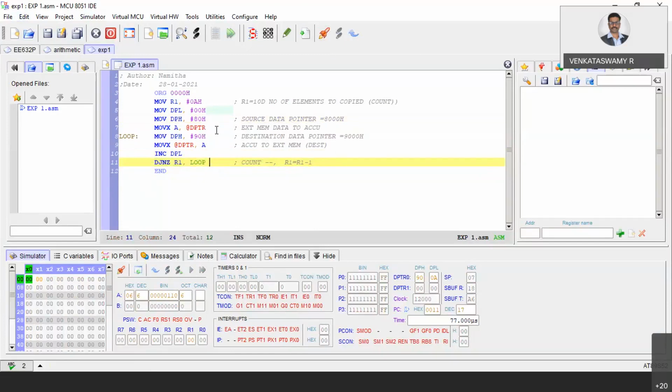Okay. That loop. Not that one. Line number 8. The loop label you kept, that loop label should shift to the sixth line. Line number 6. Correct? And the same big letter you used there, use here also for the loop label, so it should not get confused. Yeah, now you can run.